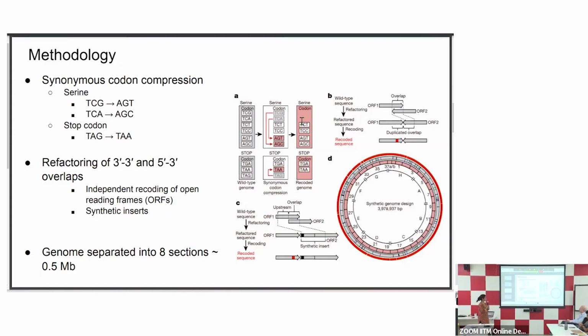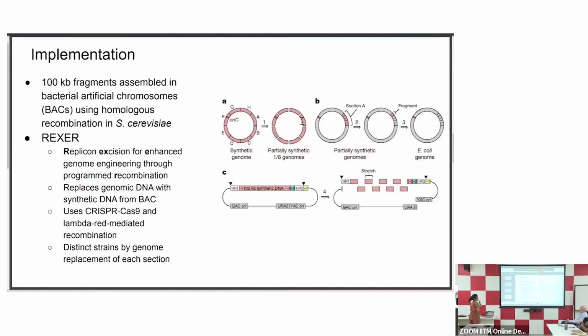And after this, they have separated the genome into 8 sections, each approximately 0.5 MB. The segments that they separate from the genome are further segmented into 100 kb fragments, and these fragments they put together using bacterial artificial chromosomes, and they assemble it inside yeast, and they use a method called REXer, which